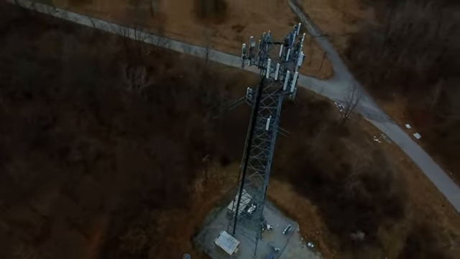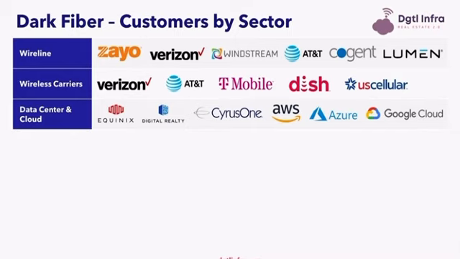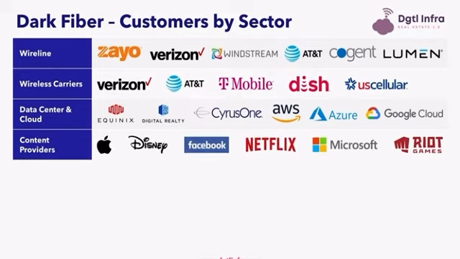The third grouping of dark fiber customers are data center and cloud service providers. These include Equinix, Digital Realty, CyrusOne, Amazon Web Services, also known as AWS, Microsoft Azure, and Google Cloud. The fourth grouping of dark fiber customers are content providers, and these include Apple, Disney, Facebook, Netflix, Microsoft, and Riot